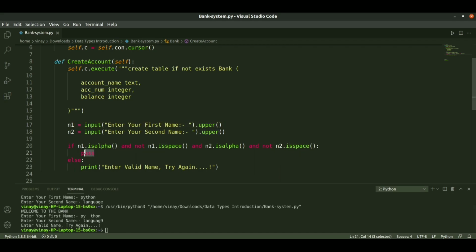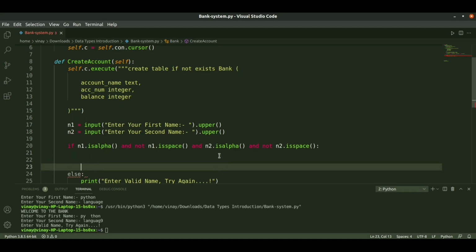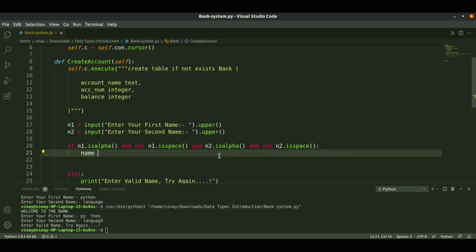So it's not going through this loop, and there is a condition and it's giving the false statement, so the else block will be printed. Here it is not allowing us to pass any number also. So here I entered a language as 9, so it is also not allowed, and it is passed to the next line. So this is how we use this condition, and in this condition, if it is true, then we will concatenate by using n1 plus n2, by using a space.